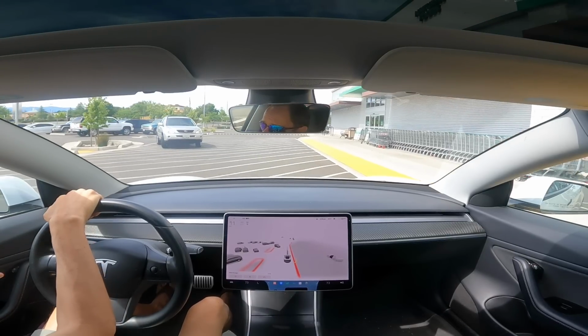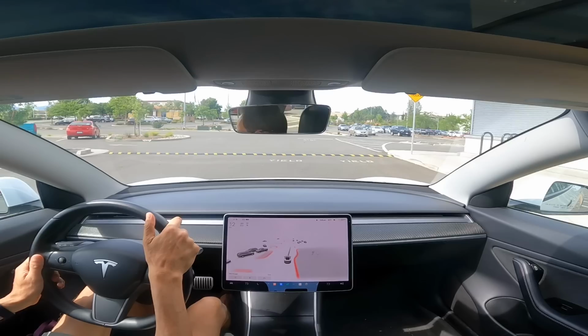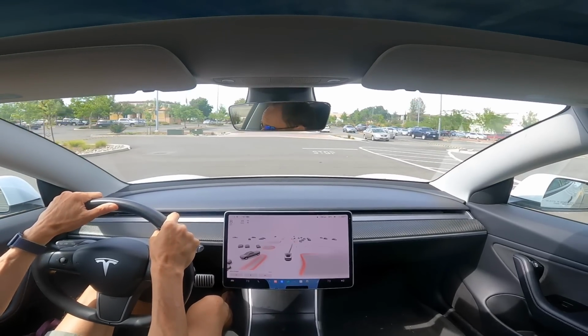What I'm going to do is stop. I'm going to put my destination in at home, and we're going to see how it does on the drive home. So as you can see, FSD Beta isn't perfect, and I hope I did a pretty good job in giving you a general sense of how FSD Beta is reacting to different scenarios,